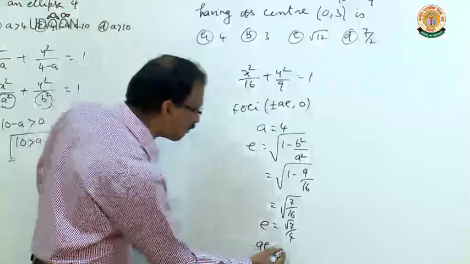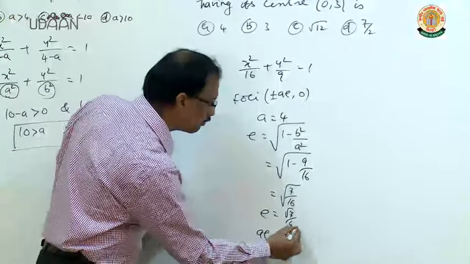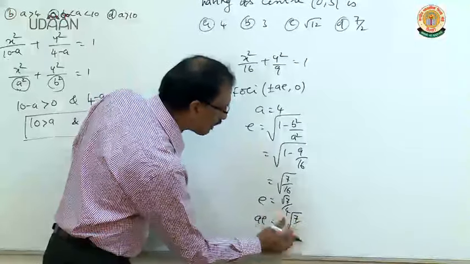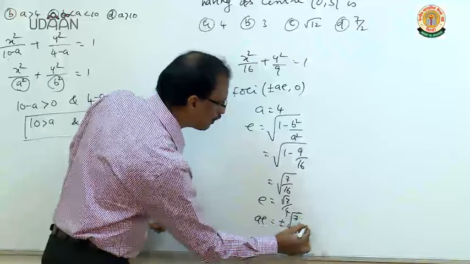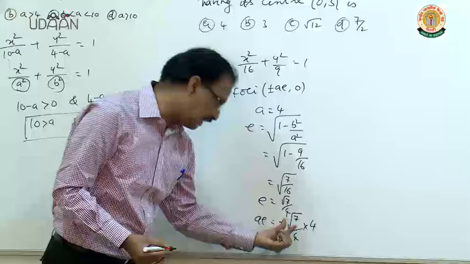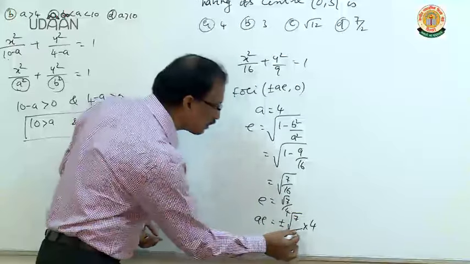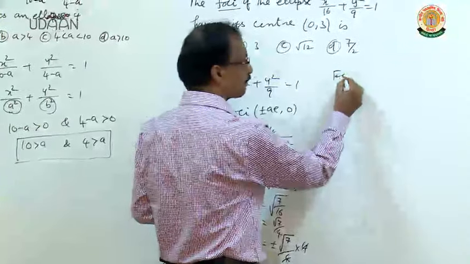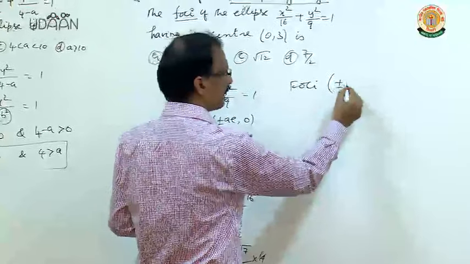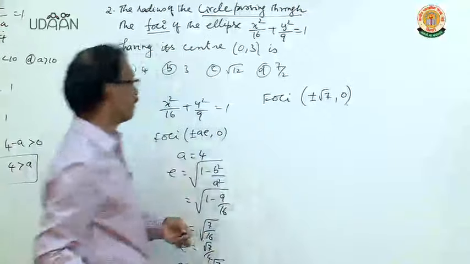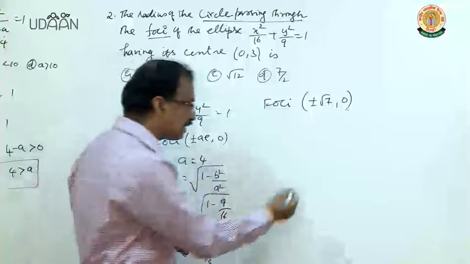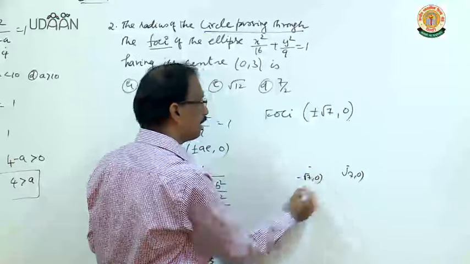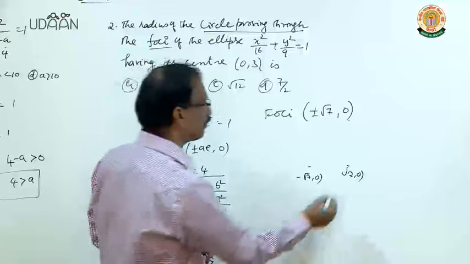So ae क्या है, you will get plus minus root 7 by 4 into 4 because ae, this is e and this is 4. So this gets cancelled, you get plus minus root 7. So foci क्या मिल गया, you get plus minus root 7 comma 0. This is your foci. Now a circle is passing through, one is root 7 comma 0, minus root 7 comma 0. It is passing through the foci